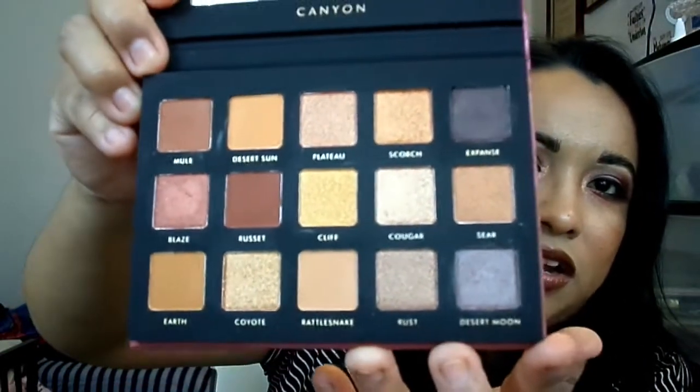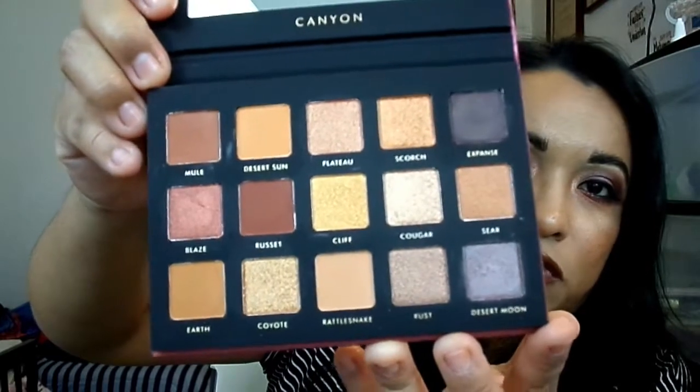So these are the shades in here. Like I said, it's a dupe for the Natasha Bronze. And I was surprised that I liked it a lot. But what I'm going to do is that after I do the swatches for this one, I'm just going to